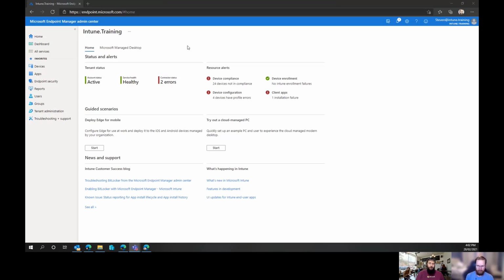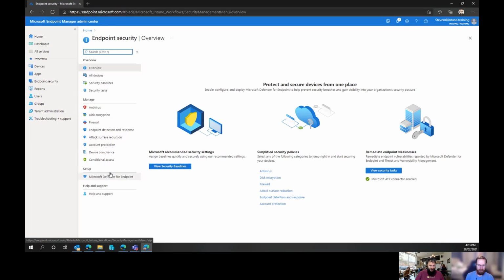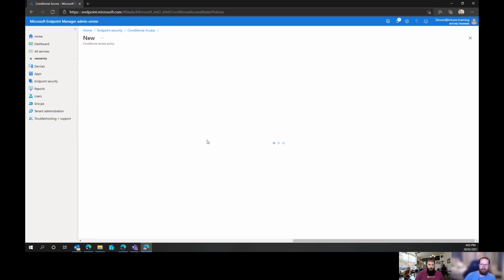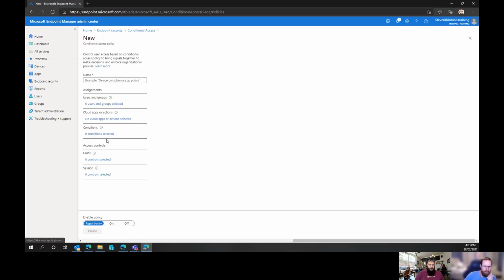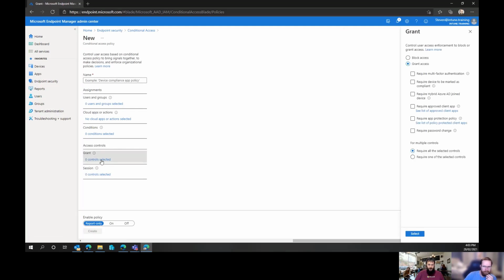When we're managing Windows computers, we're going to typically say we want them to be marked as compliant by Intune or hybrid joined, or, and this is a newer feature, let me just double check before I talk about it. Otherwise, you can start looking in here. So this is the conditional access portal, and we go new policy, and we can go down to session, not session, grant, and